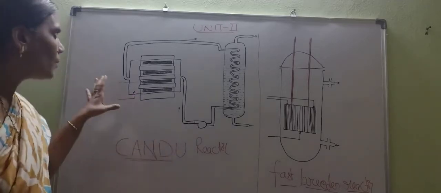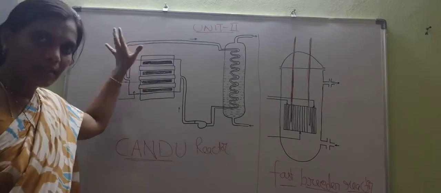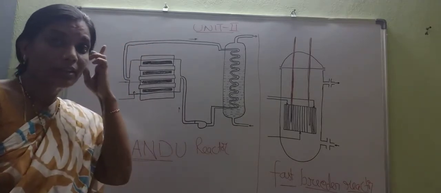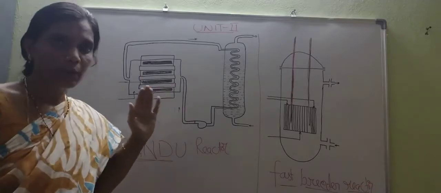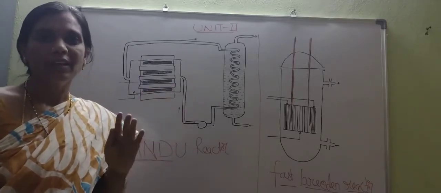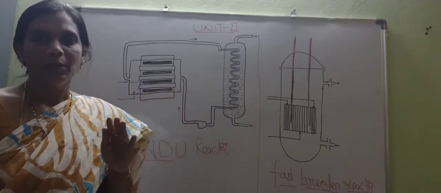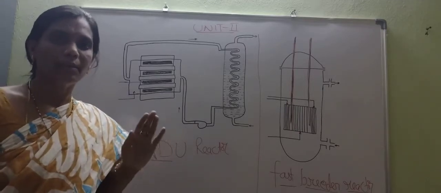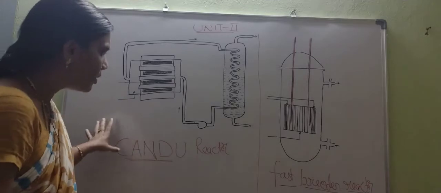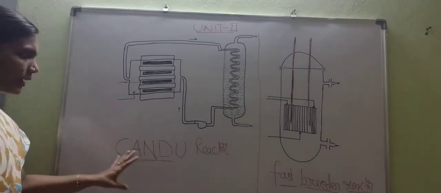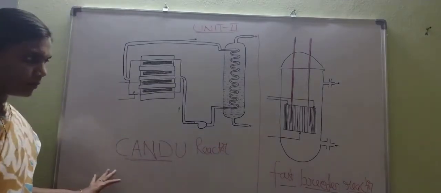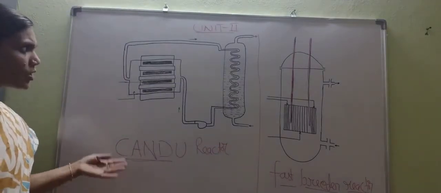Okay. In the last video, on different types of nuclear reactors, I also covered BWR, the boiling water reactor, as well as PWR, the pressurized water reactor. Both operations I have completed in the last video. In this video, I want to explain the CANDU reactor and the fast breeder reactor. These are also based on the classification of coolant.